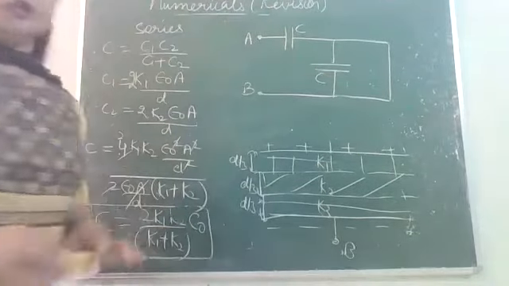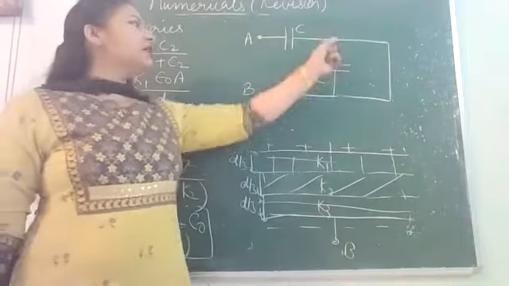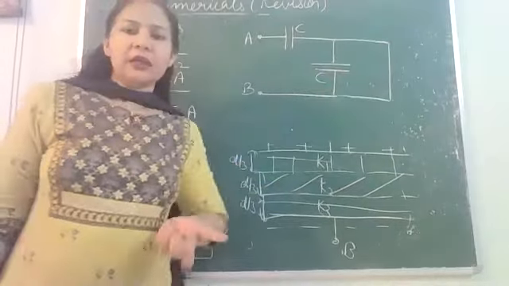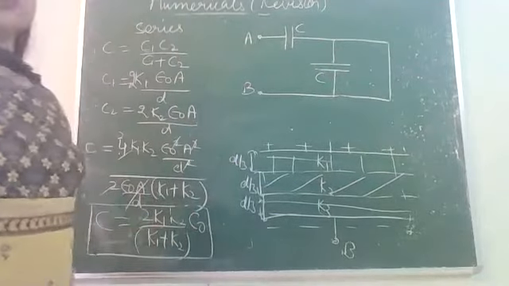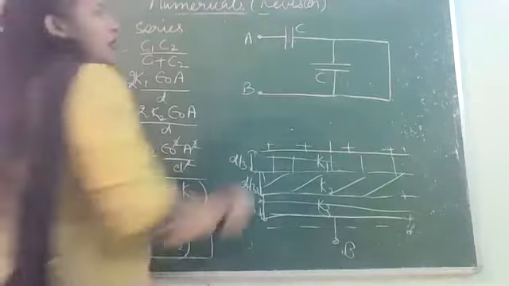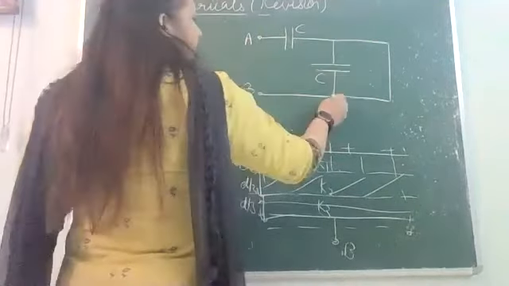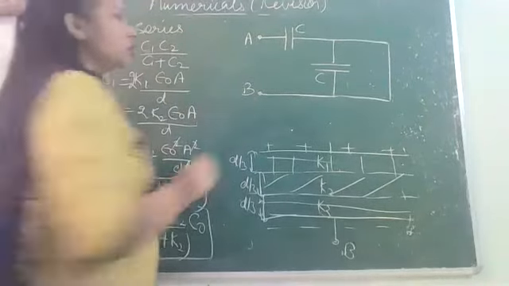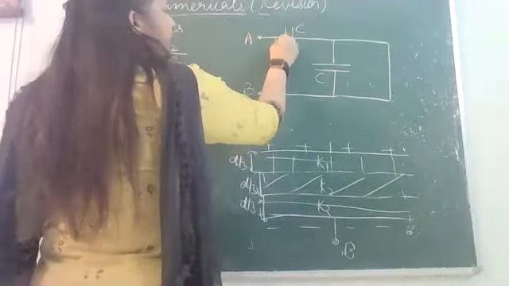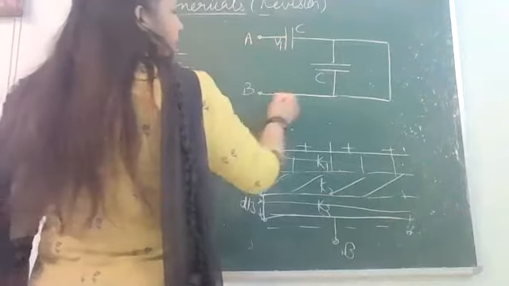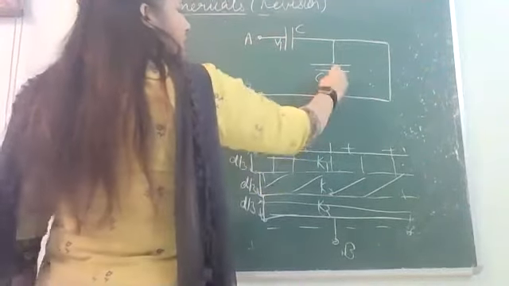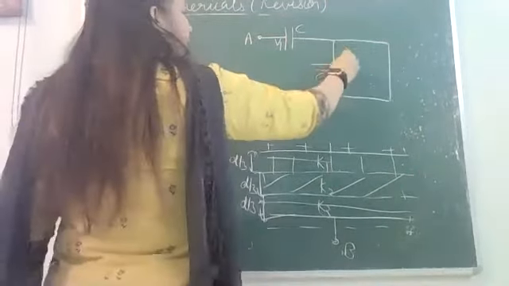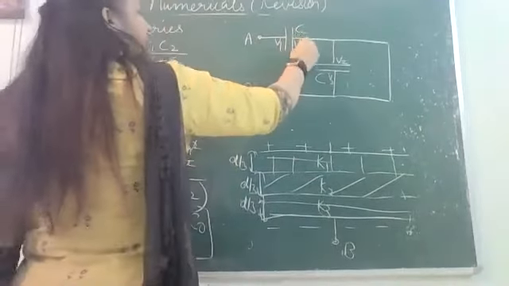Suppose in this question आपको समझ नहीं आ रहा कि अगर ये वाले 2 पॉइंट्स लें तो ये सीरीज में है कि ये घूम के आ रहा है, ये पैरेलल में है, तो कैसे हम इसको चेक कर सकते हैं? Like here there are a number of wires, unnecessarily, so we can use method of potential. Suppose potential of A plate is V1, potential of B plate is V2, so this goes here and the same potential will be carried on here and the same potential will be carried on here too.